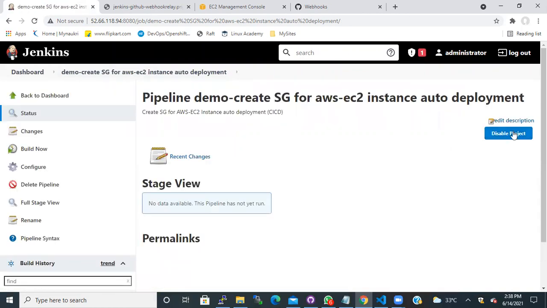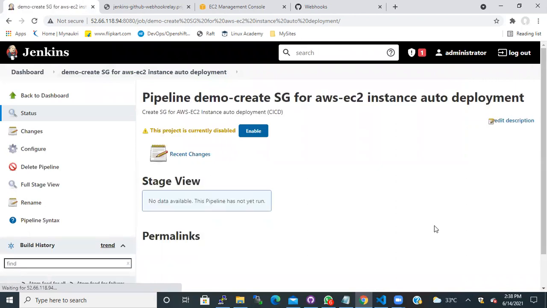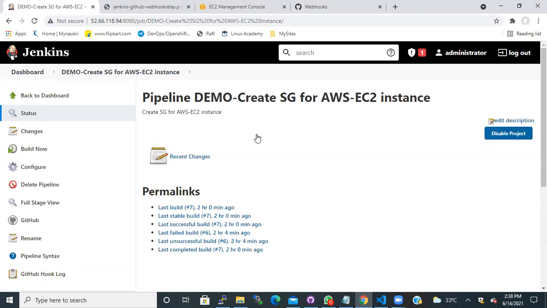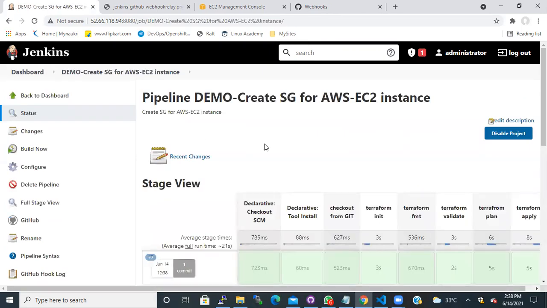Or else I can also just go ahead and disable this project. So that means it will not create any problem for me. So I disabled. So I have this one. Oh, not this one. Sorry. Oh no, why did I do this?